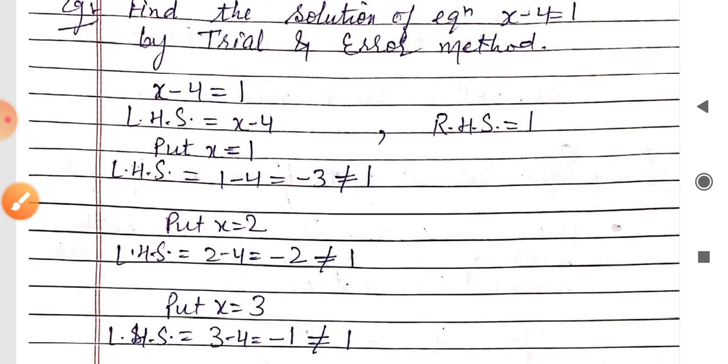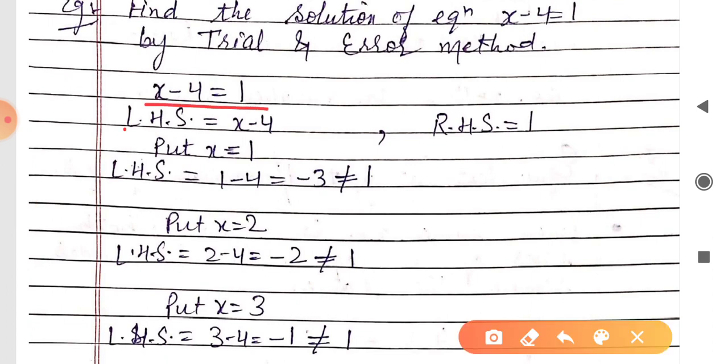First of all, write the equation x minus 4 is equal to 1. Then we will write its left hand side and right hand side. Left hand side is x minus 4 and right hand side is 1. Now we will put values of x, because x is a variable, so we will put values of x in left hand side. First of all, put x is equal to 1, then left hand side will be equal to